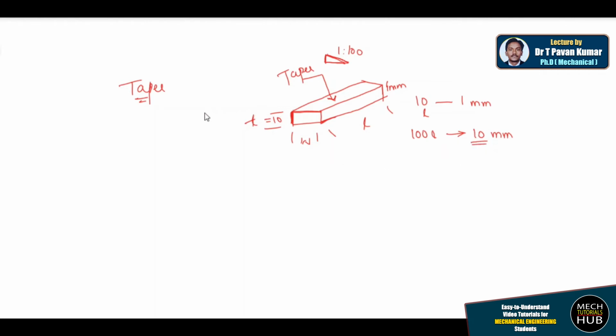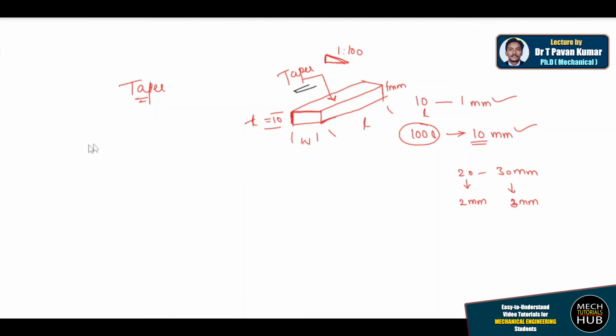But when it comes to conventional representation, at the graduation level, the length will not be maintained very big. The length will be more or less 20 to 30 mm. If it is 20 mm, you are supposed to reduce by 2 mm. If it is 30 mm, you are supposed to reduce by 3 mm. Try to understand this logic, this is the general meaning that comes into picture whenever we talk about a taper. So this is how you need to represent it.